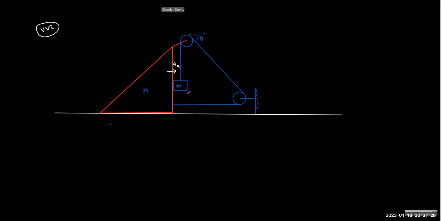How will the block move? Any guess? Downwards. Exactly down? So downwards and towards the right. So it will move along with the wedge because of the constraint. This is again called normal constraint, but it will also go down. So the block will have two accelerations, which you don't realize because the wedge will anyway push it; this is called the normal constraint. It cannot go inside, so it has to go along. But it will also have the additional acceleration AY in the downward direction. Can you relate to AX now? Find a relation between them.